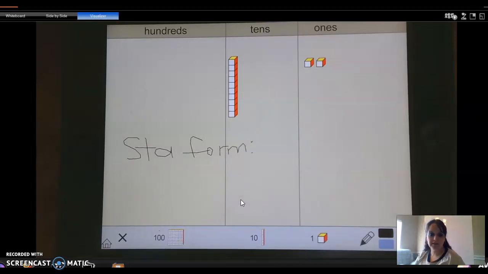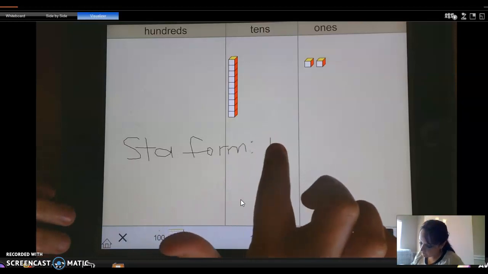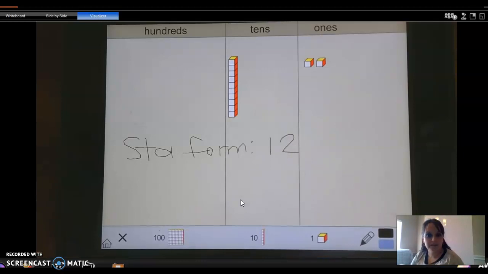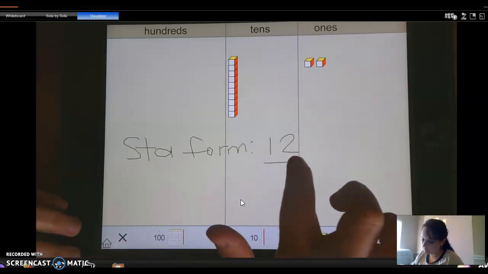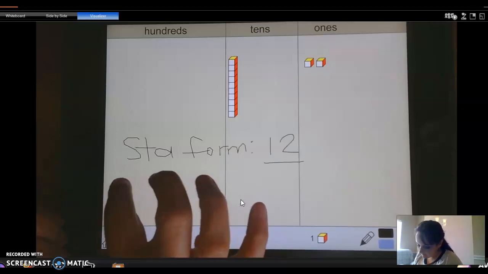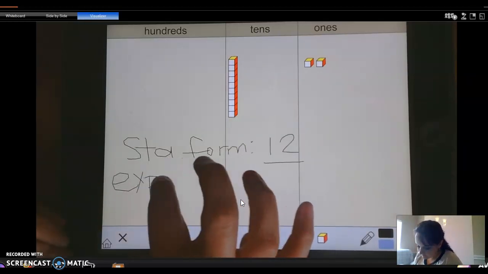Okay, let's check to see. The number 12 is written with a 1 in the tens place and a 2 in the ones place. Give yourself a pat on the back if you wrote the number 12 correctly. That again is called standard form. If I wanted to write it in expanded form,